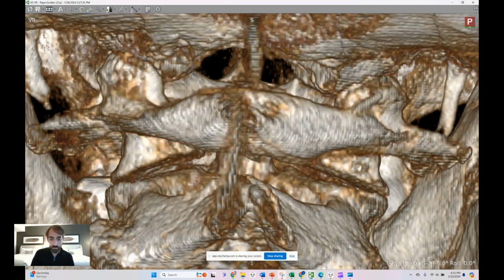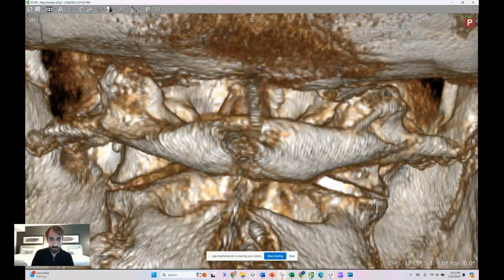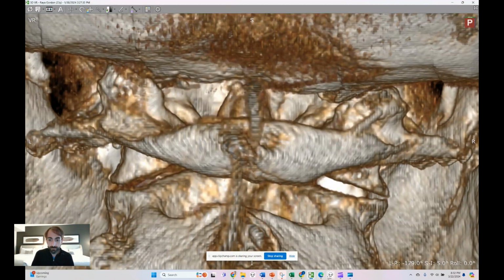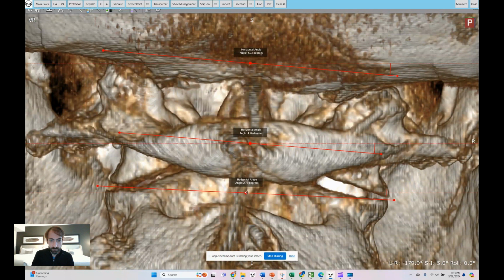Let me look at the bottom of the atlas a little bit differently. Yeah, it's pretty much the same. 2.7 on the bottom,